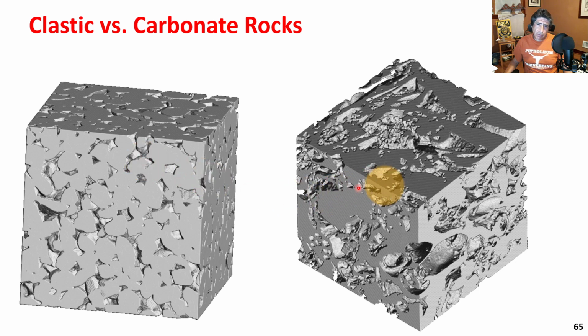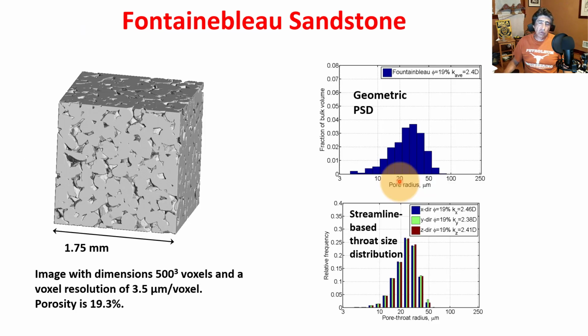Whereas in the case of carbonate rocks, the space that remains is a little bit more heterogeneous and raises several concerns, including moldic porosity, for instance, the dissolution that we talked about before. So we have significant differences between the two. But let's look at this Fontainebleau sandstone